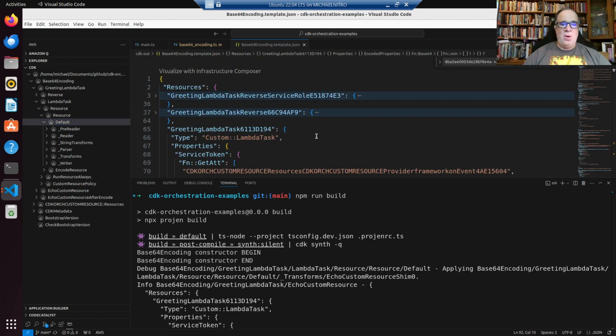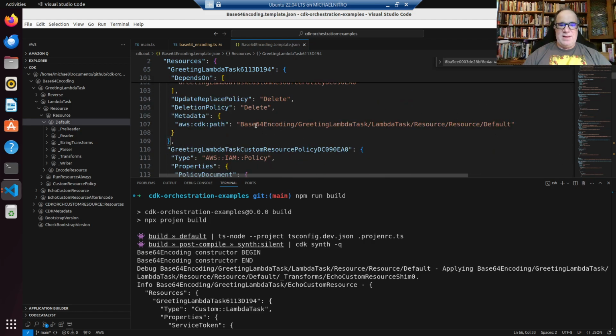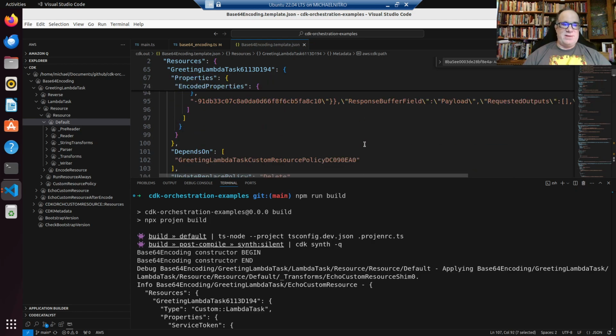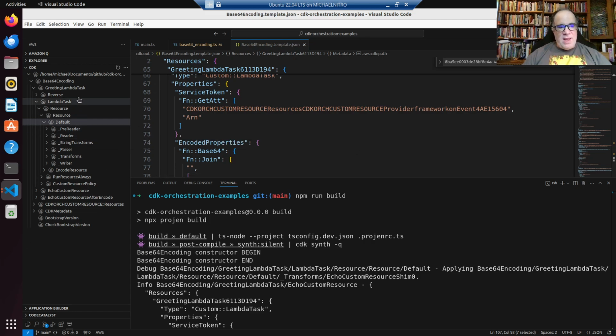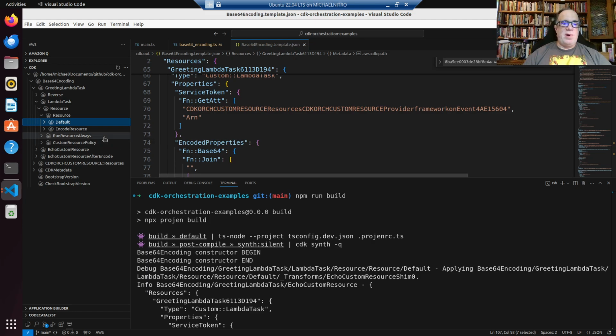So if we come over to our generated template and we look for our custom resource and we go to the very bottom of it, what we're going to see is that it's base64 encoding, that's the stack, and then greeting lambda task, that's the task I created, and then it's quite a few levels down before you actually get to the custom resource. So what I'm going to do is I'm going to show you that the Lambda task has under it, a few levels down, this encode resource transform. And this is the thing that's going to work on all of the properties of our custom resource